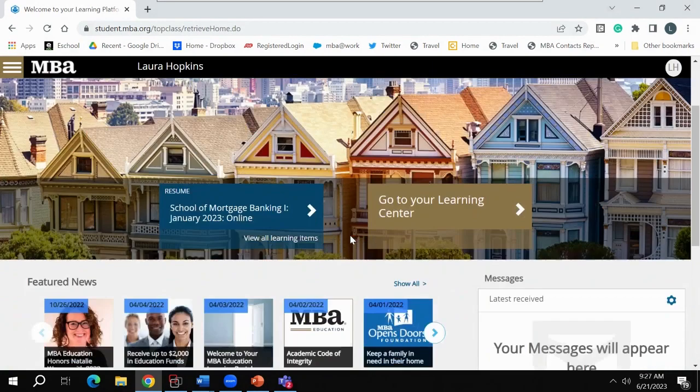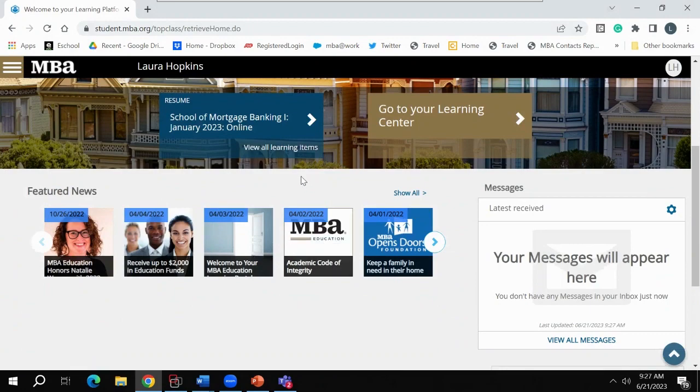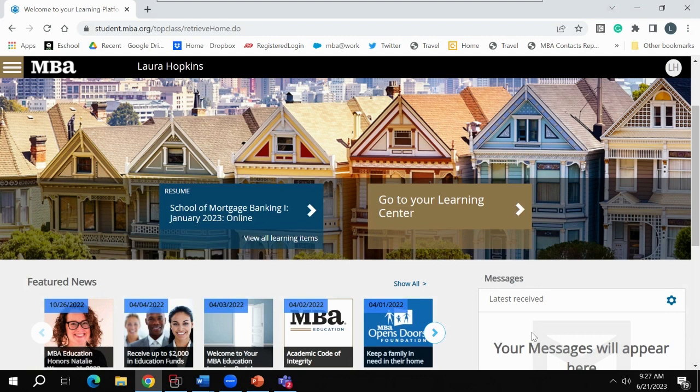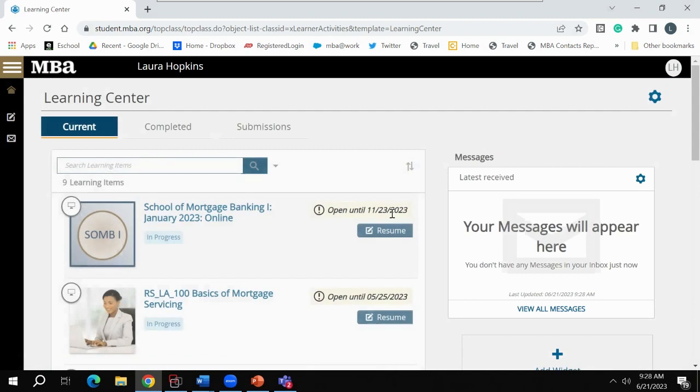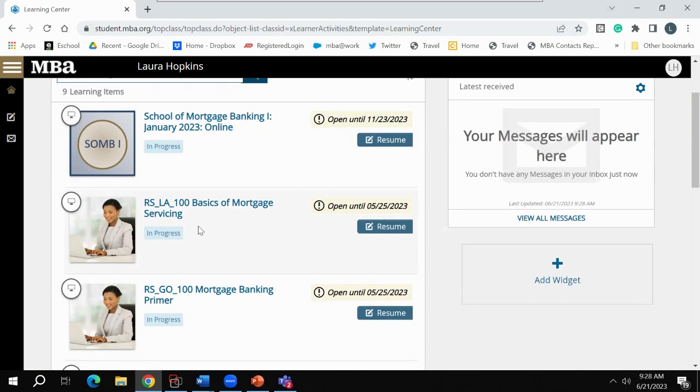And here you'll see all the courses you have signed up for, any messages, anything that you have already started, you may resume, or you may go to your learning center and continue taking any courses. You'll see the name of the course. If you've already started it, you may resume. You may take your course